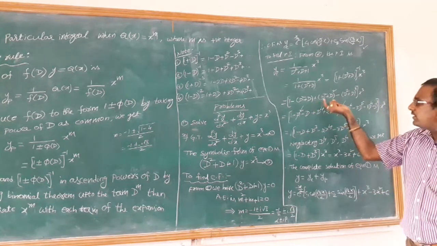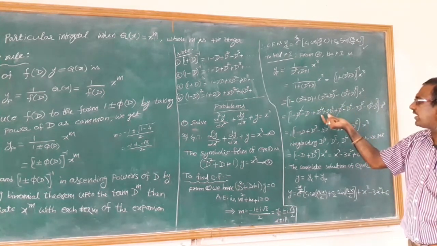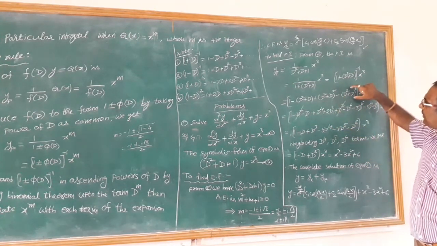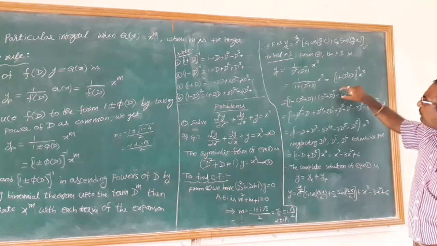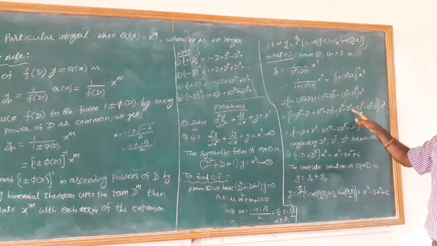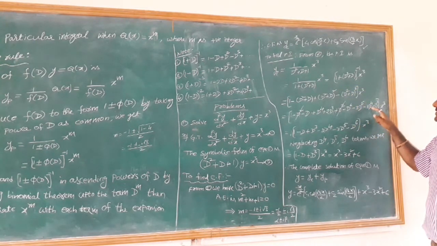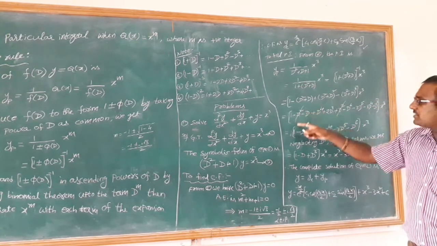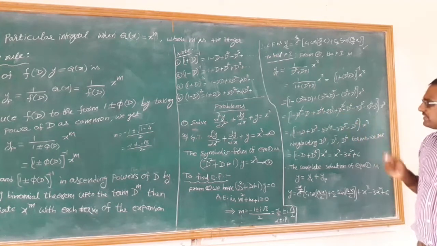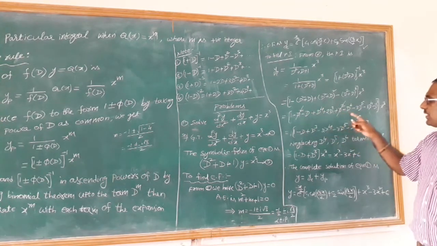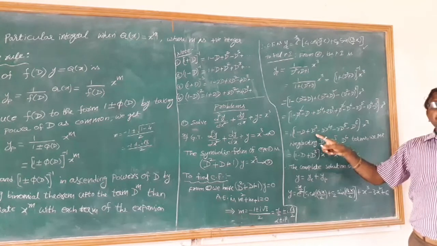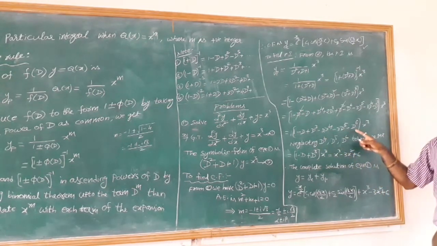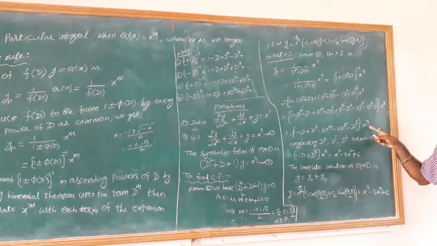Now expand this using the a plus b whole square formula. I get d power 4 plus 2d cubed plus d square. Now expand this using the a plus b whole cubed formula and multiply by minus. Then you will get minus d power 6 minus 3d power 5 minus 3d power 4 minus d cubed. Here minus d square term and plus d square term cancel. Right? Now if we simplify this, we get 1 minus d plus d cubed minus 2d power 4 minus 3d power 5 minus d power 6, into x cubed.